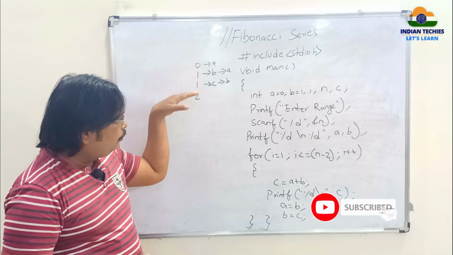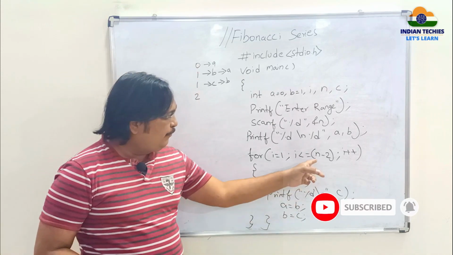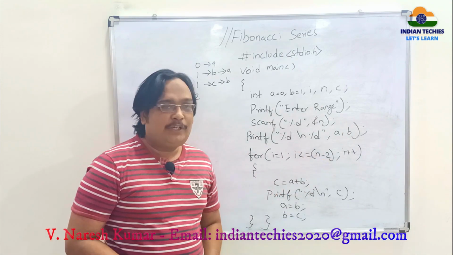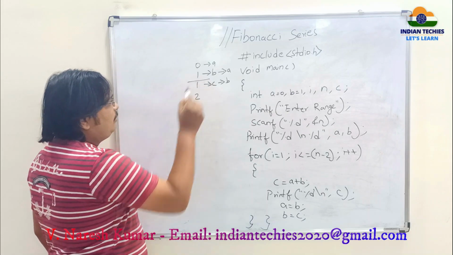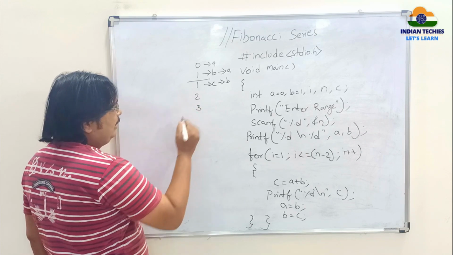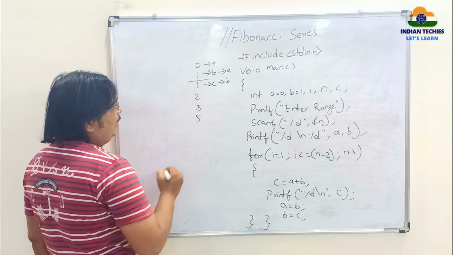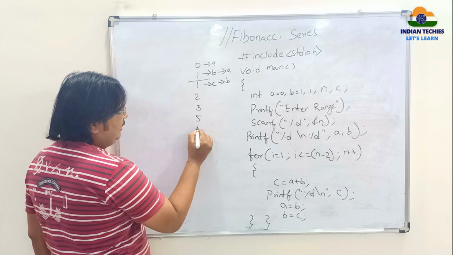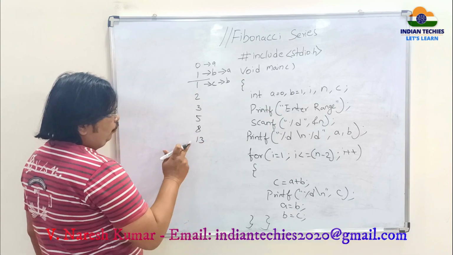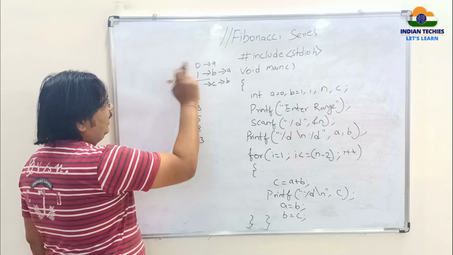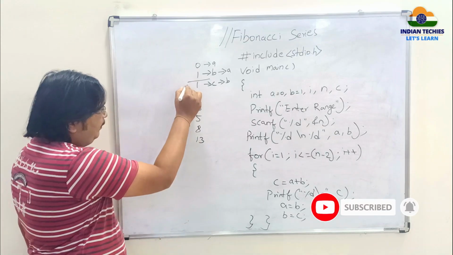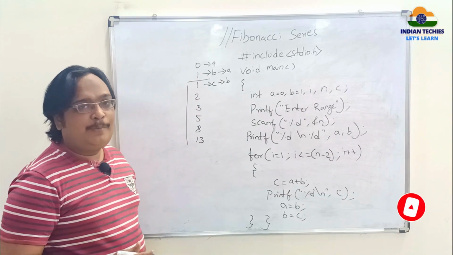So this is how you are going to print the Fibonacci series. Suppose you have given the n value as 8. So 8 minus 2 times it will repeat, because the first two values are already printed. 1 plus 2, 3, 3 plus 2, 5, 3 plus 5, that is 8, 8 plus 5, that is 13. So 1, 2, 3, 4, 5, 6, 7, 8. If your n value is 8, the first two values are already printed, so the loop will repeat 6 times. This is how the Fibonacci series works.